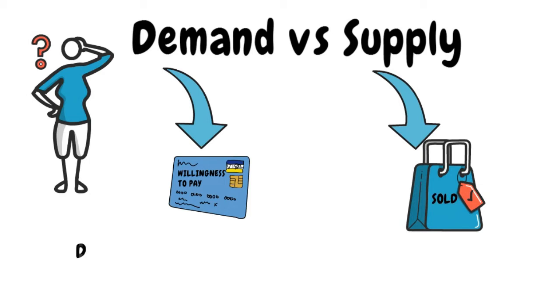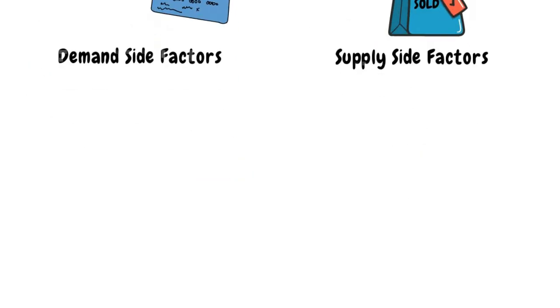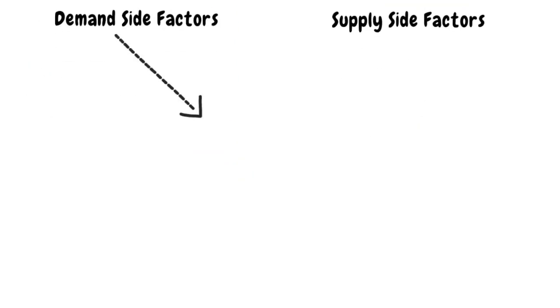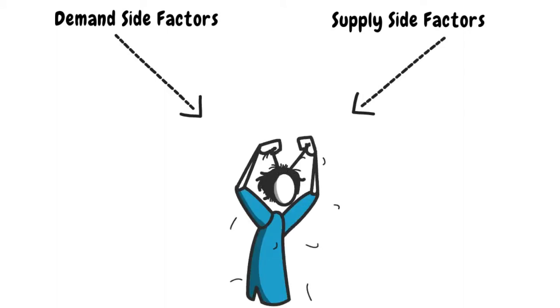Now, there are multiple demand side and supply side factors which may affect the price level of a given stock, and because human beings, and therefore markets, are known not to be rational, pinning down these factors can be an enormous challenge. The main factors, however, that tend to be attributed to price changes are as follows.